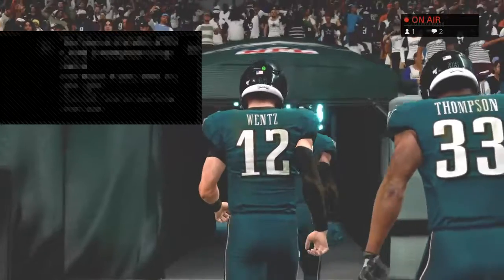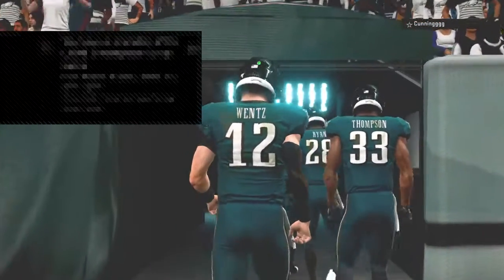So for Dallas, it'll be a happy trip home as they start the season with a road victory here on